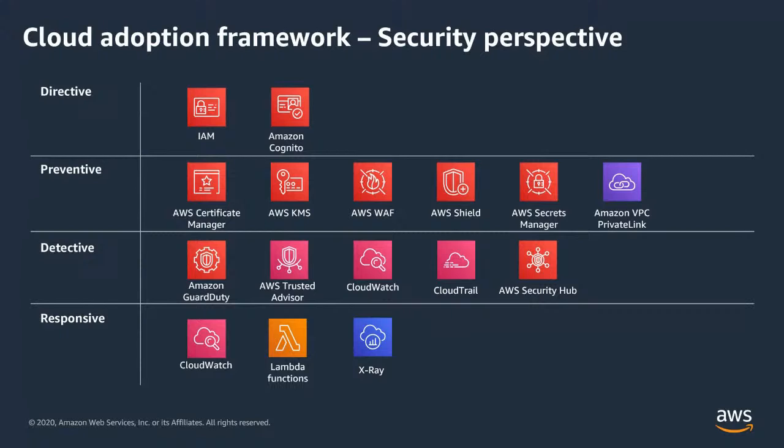So from a security perspective, there are 4 levels to security. It's basically phases, and this usually comes in when you are handling the SIEM part of things, like security integration. The idea is that you are ensuring that the whole security workflow of your infrastructure is managed. SIEM software allows you to do that. Whenever you're in the SIEM world, they talk about these 4 steps: you have directive, preventive, detective, and then responsive.